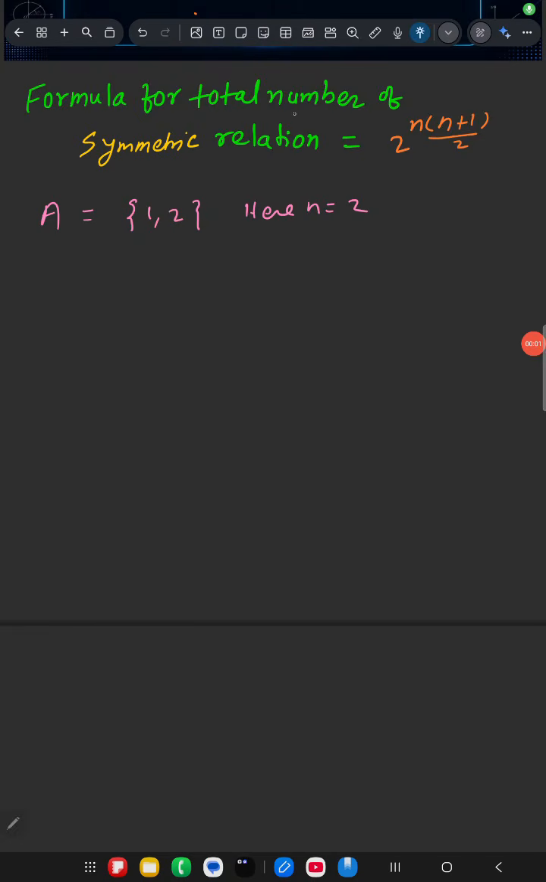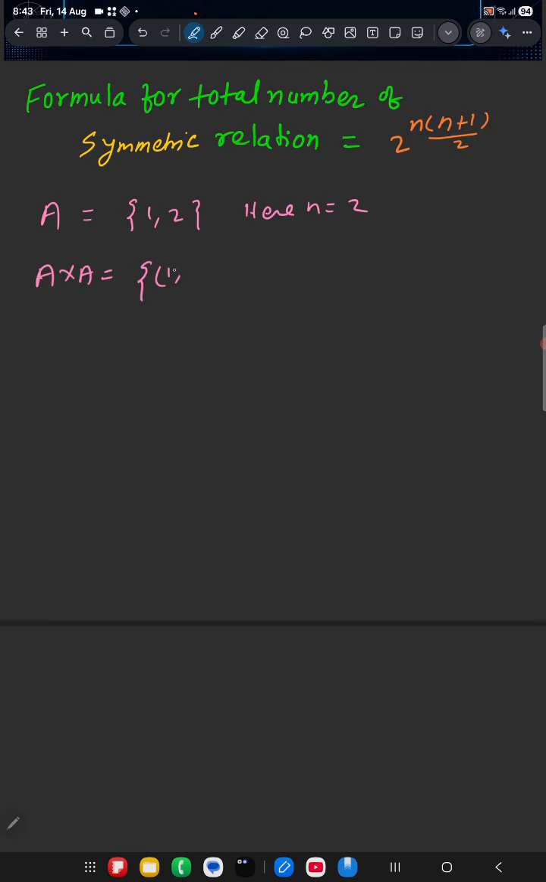This is the formula for the total number of symmetric relations, that is 2 raised to the power n into n plus 1 divided by 2. We will check it for the set having elements 1 and 2. So let us see. First of all, we will find out A cross A, because a relation is a subset of the Cartesian product